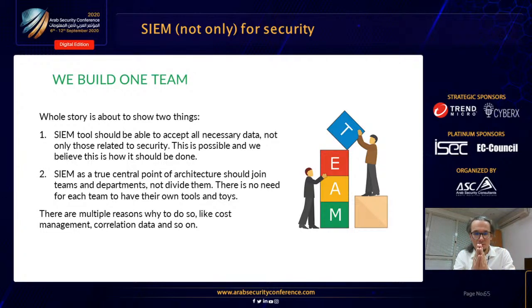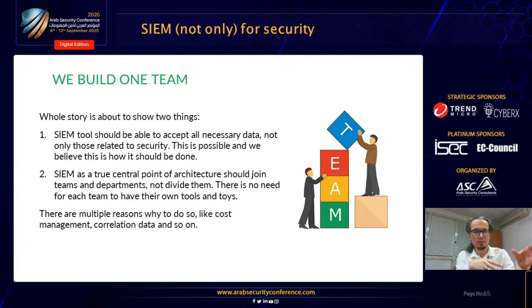And the second point is that the CM, as the true central point of architecture, should join the teams, not divide them. So we should stop with the situation when one department has one monitoring tool and another tool for other stuff, where the other department has another tool, and so on. Let's join those teams, because we have the tool that can satisfy the needs of both,